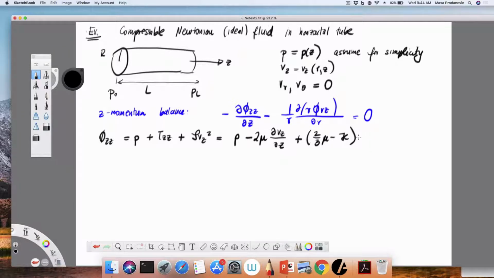So technically I need to find the divergence in cylindrical coordinates. Can somebody look it up? Nobody wants to look it up. Great. Okay, so just remember